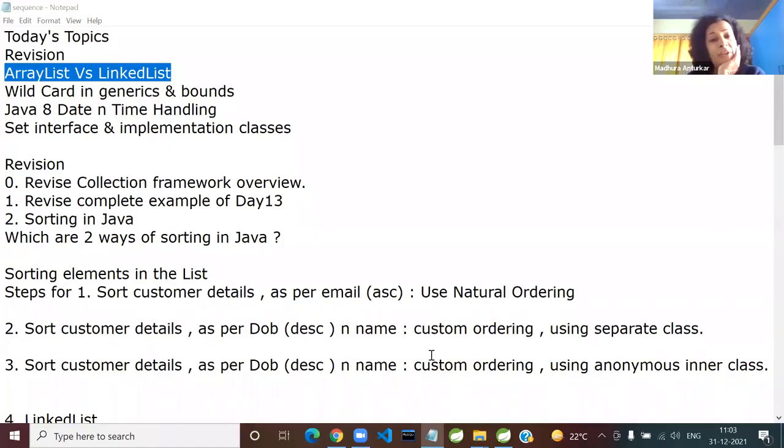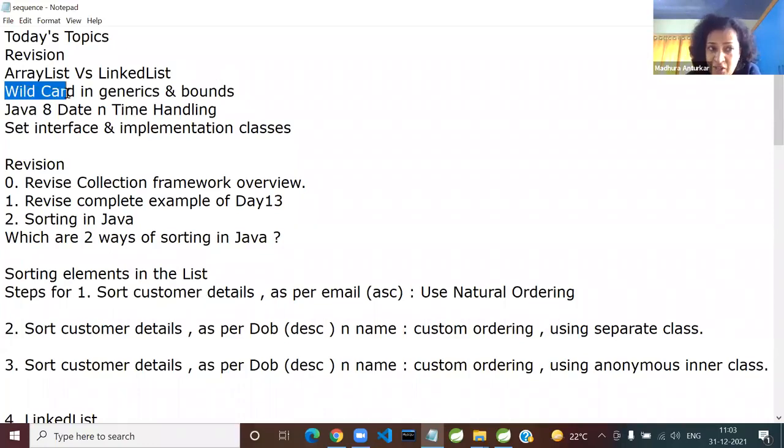Have you created your own custom linked list in your ADS, Advanced Data Structure? Okay, so now it is going to reach you very fast. You'll see the difference from the earlier sessions, since you have a lot of practice from the earlier days. So we'll talk about that. Then I want to show you some more syntax in generics: wildcard, question mark, unbounded wildcards, upper bound, lower bound and all.